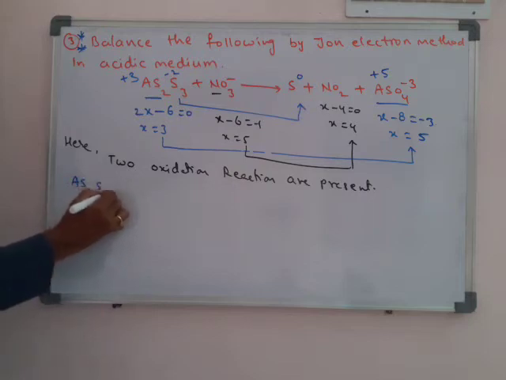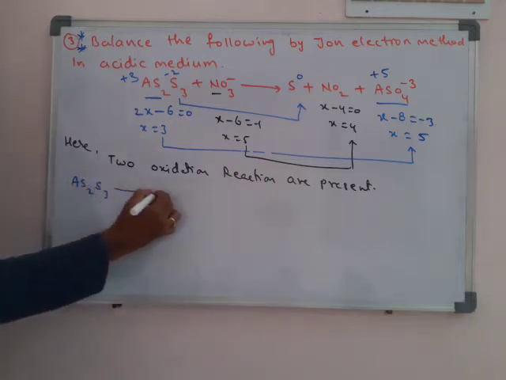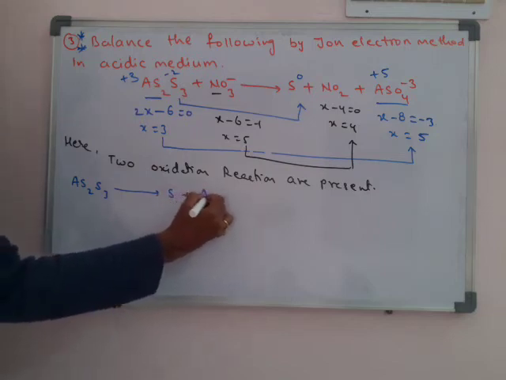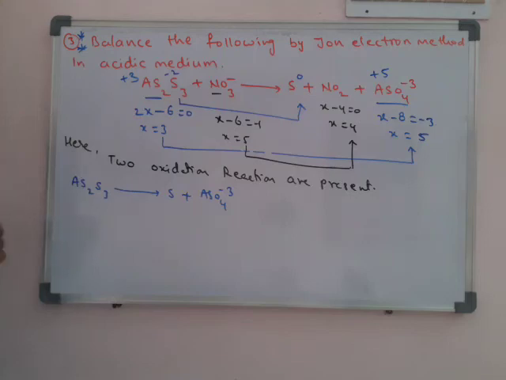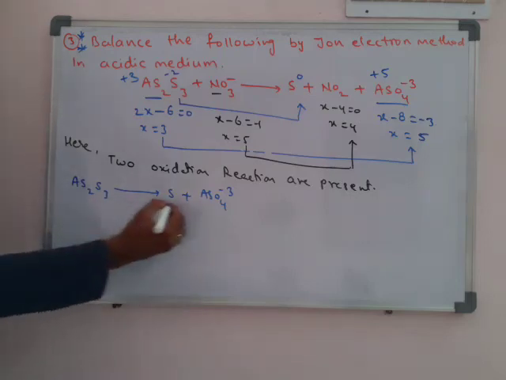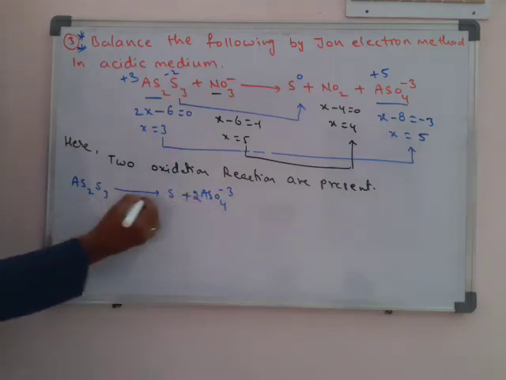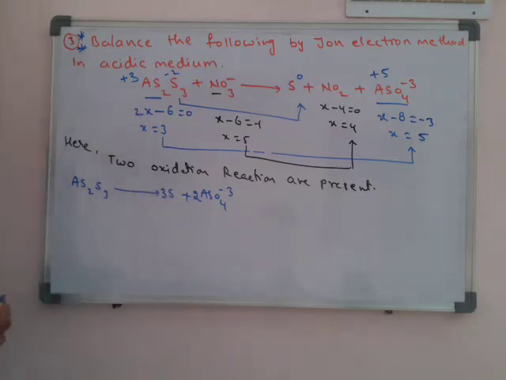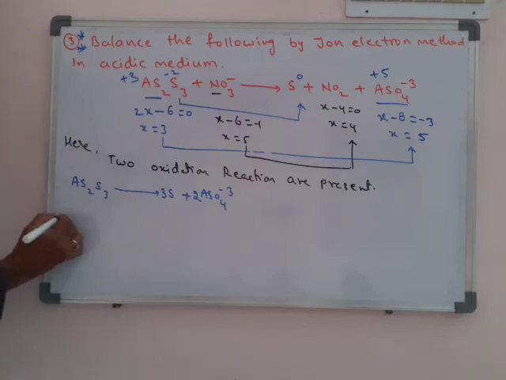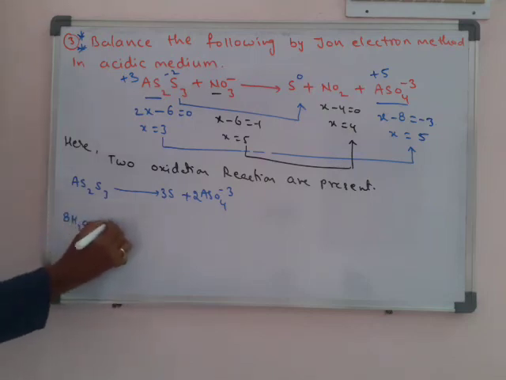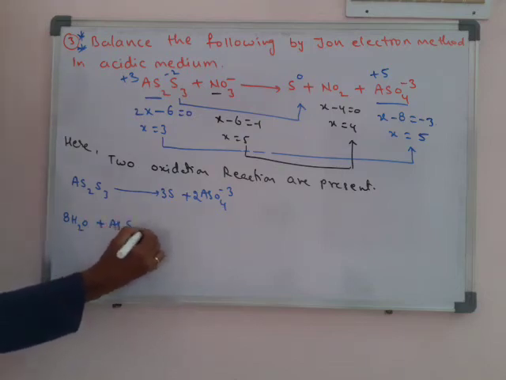So As2S3 gives S and AsO4 3 minus. This is the oxidation reaction. 2 arsenics, 3 sulfurs. We already know it is acid medium, so first add the oxygens using H2Os, we have to add 8 oxygens. On the left side there are no oxygens, so 8 H2Os plus As2S3 gives